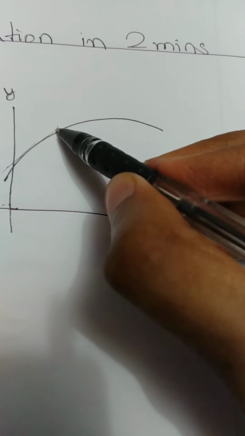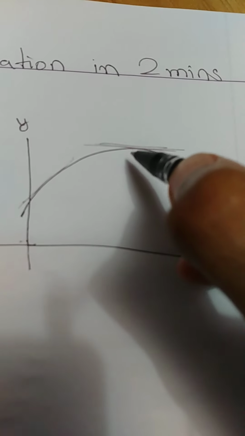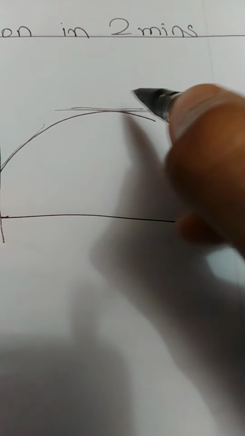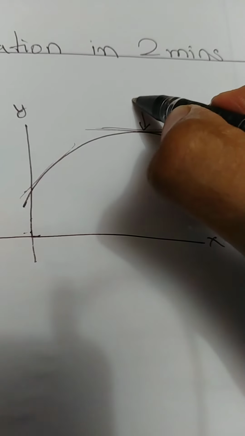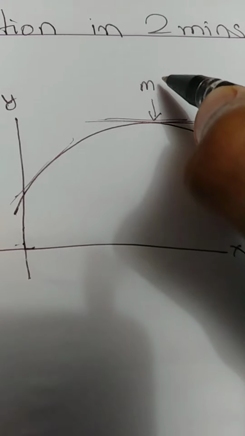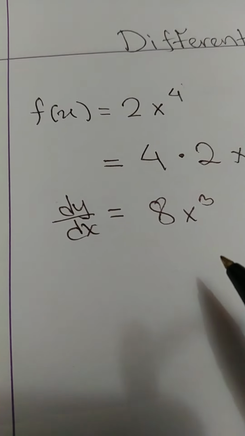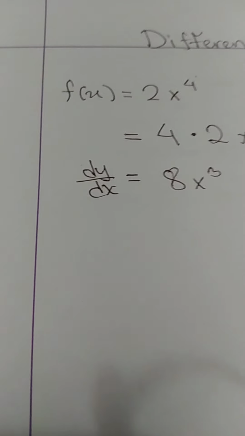So over here the gradient is steep. Over here the gradient is 0. It's flat, so it's not rising or falling. This point here we write gradient as m. The m is equal to 0. So the derivative tells us where in the function the